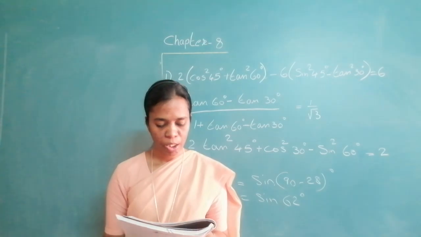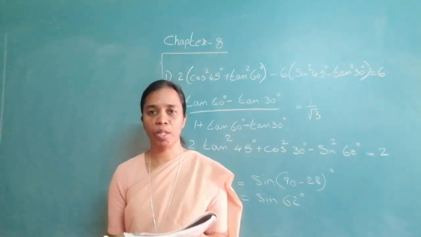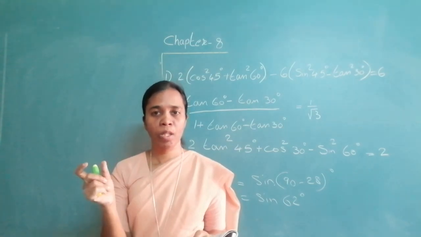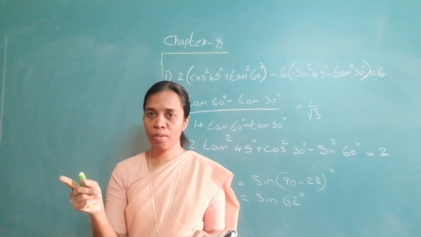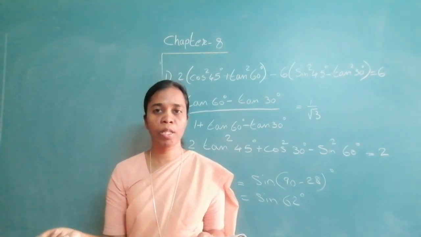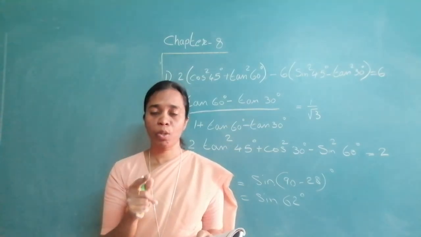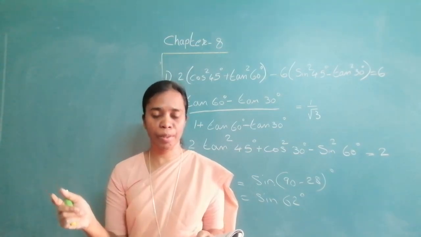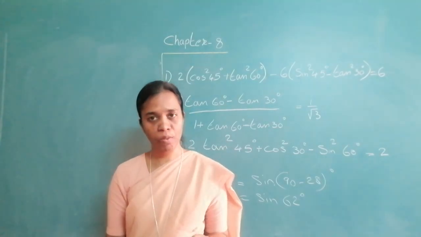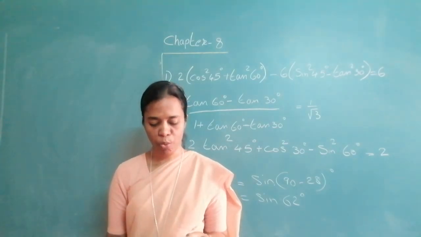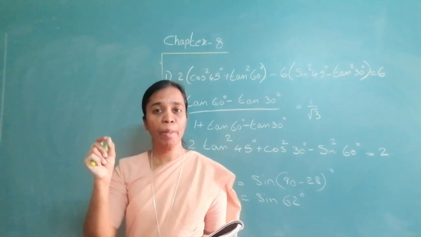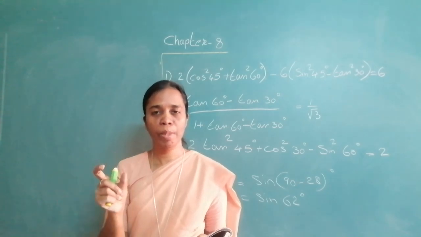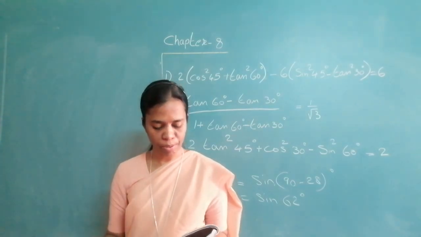Second, tan 30 into tan dash is equal to 1. Now you have learned some formulas. Tan into tan. Which tan? You have the tan into cot. The tan theta into cot theta is equal to 1. Tan theta into cot is again, you have tan theta into tan 90 minus theta. Now what is given to you over here? Tan theta, which is theta 30 degree, into tan. It should be 90 minus 30. Now how much is 90 minus 30? 60. Then only it will come as tan theta into tan 90 minus theta.